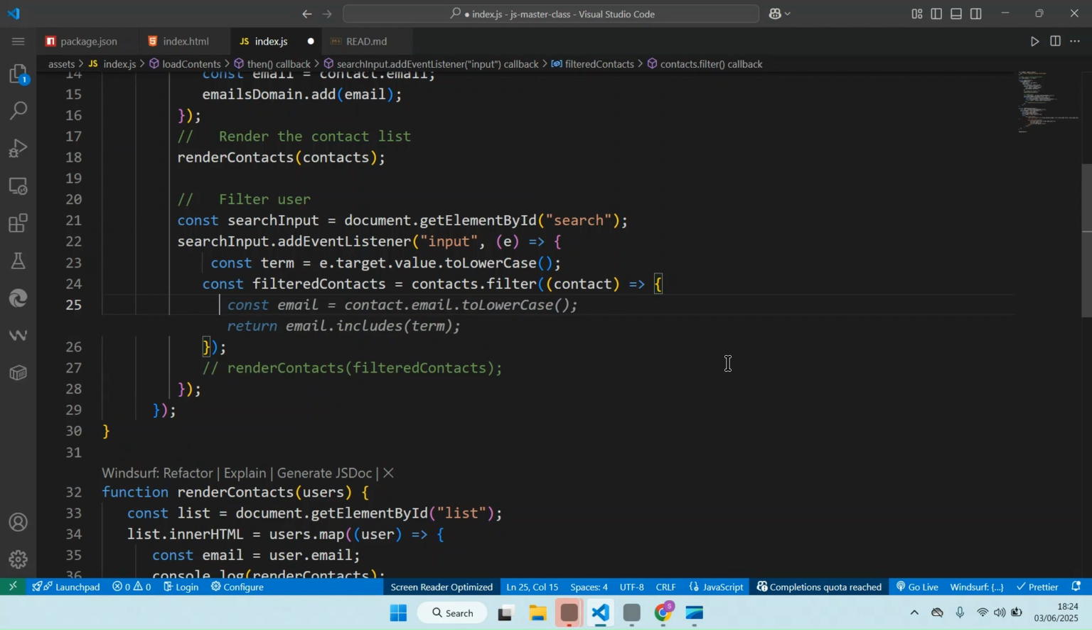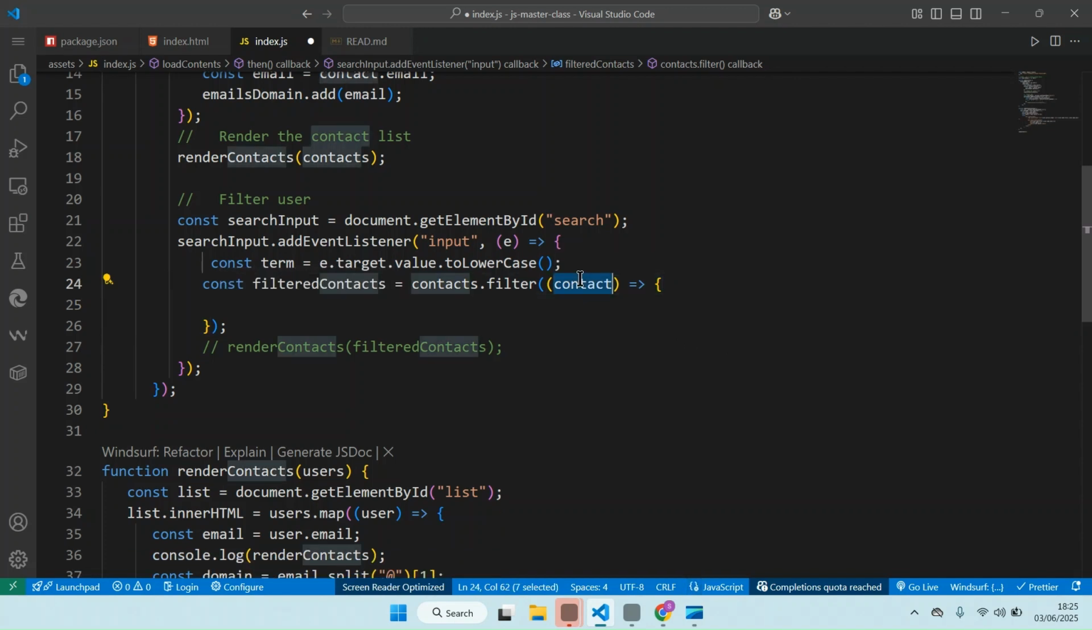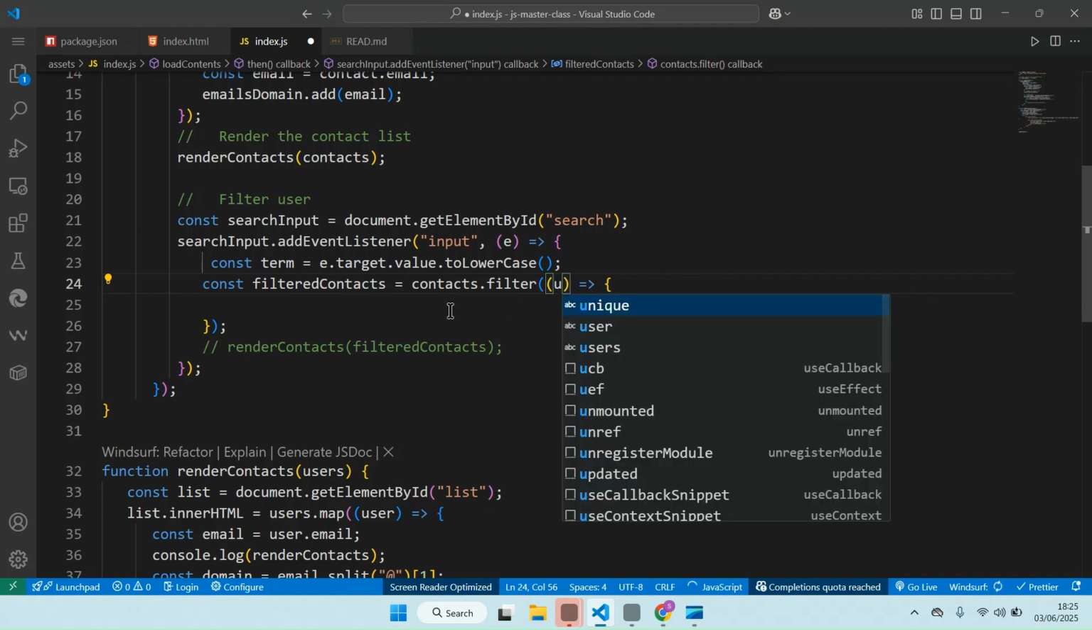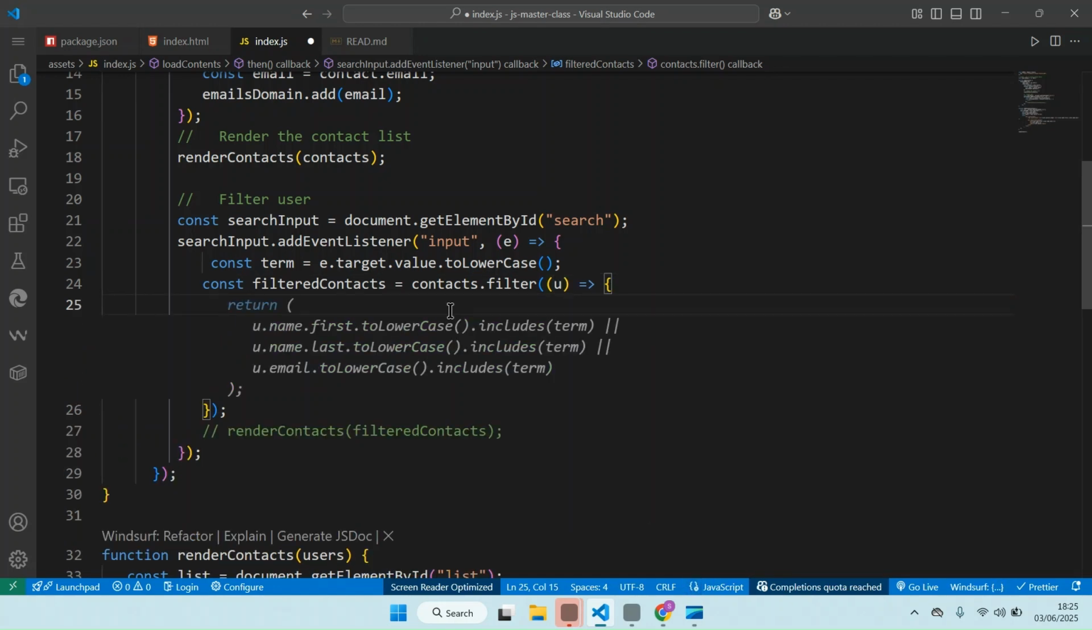We can maybe filter contact, or this is user. Let's say you send for user, and we return that name toLowerCase, include term. So user dot name, the first toLowerCase. So we also convert that to lowercase and dot includes term. If includes term is fine, we can now just return that here. So if I save that,